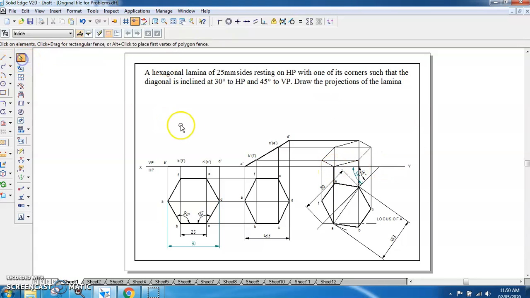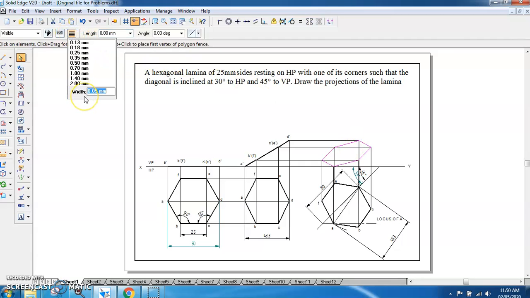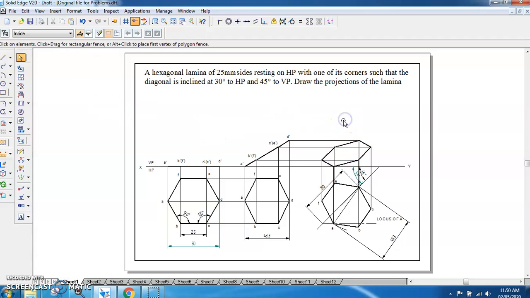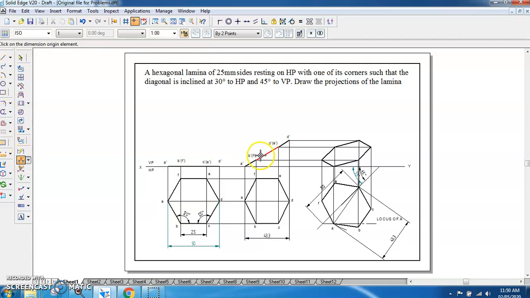This completes the front view of the hexagonal lamina whose diagonal is inclined to HP by 30 degrees and 45 to VP. Again you can show the angle here which you have not shown, like this.